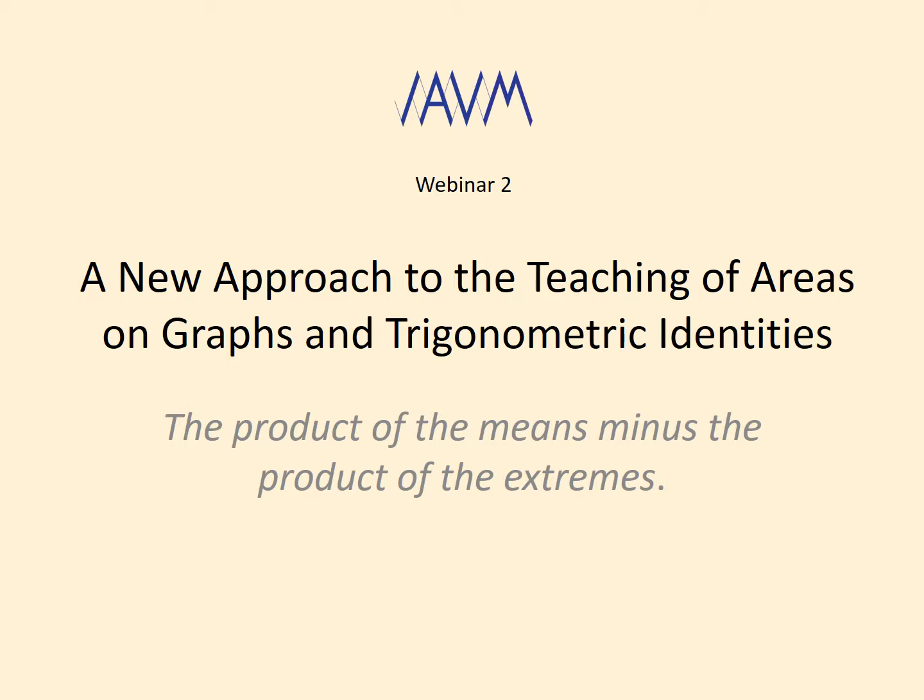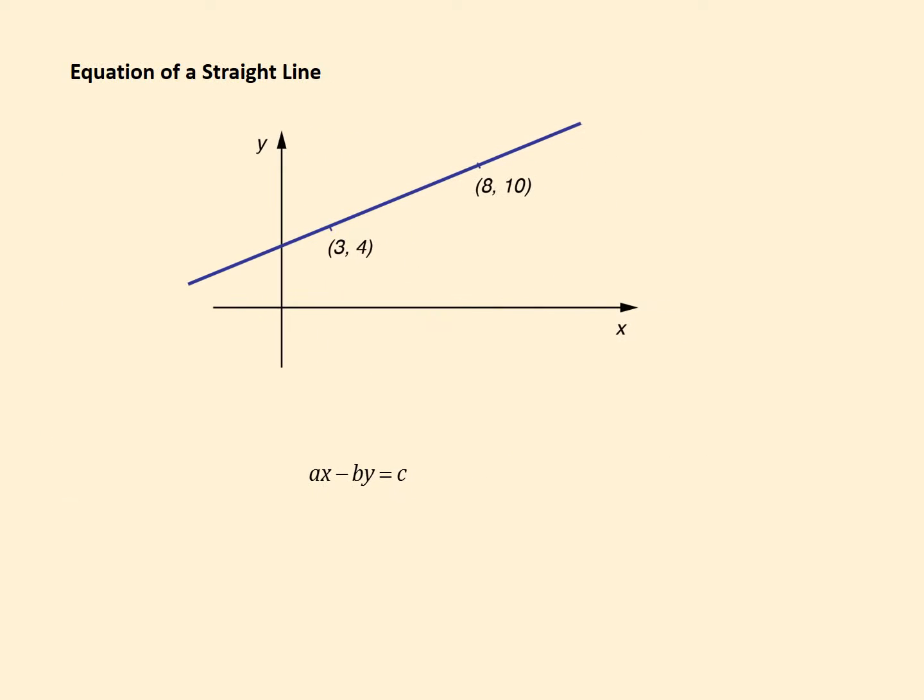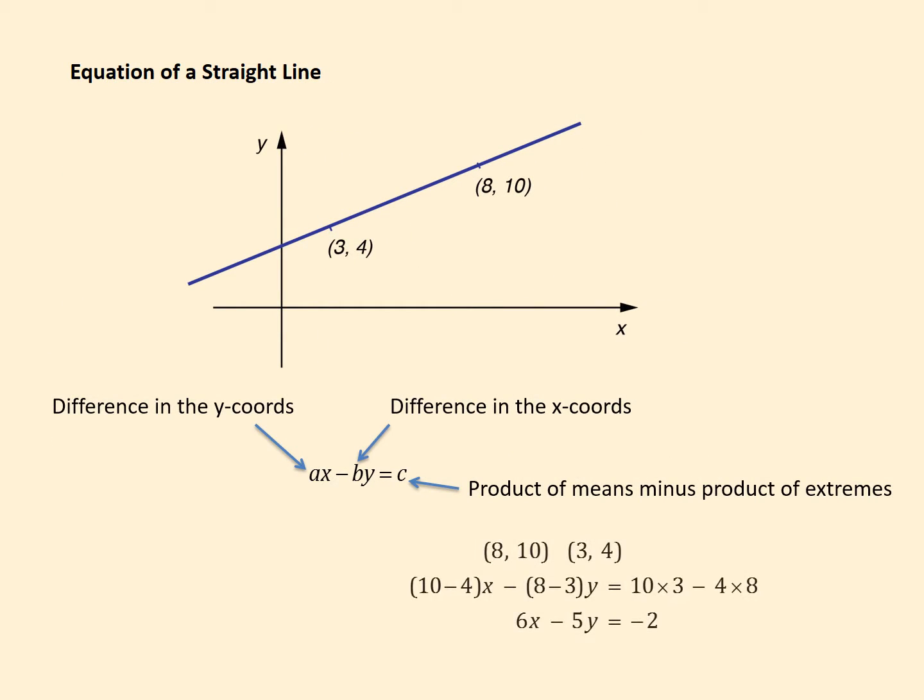And this is mentioned once in the book in connection with finding the equation of a straight line. The product of the means minus the product of the extremes is 10 times 3 minus 4 times 8. And here the word means the middle two numbers, 10 and 3, and the extremes are the outer two numbers. So we take this difference of the product of the two, and that gives us the equation of the straight line 6x minus 5y equals minus 2. But this rule can also be used to find